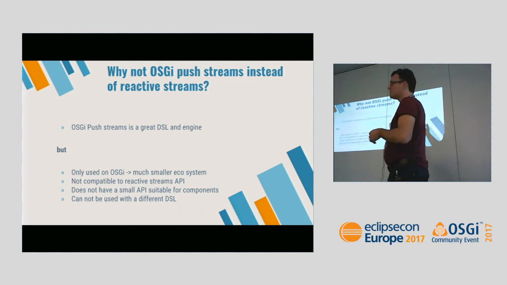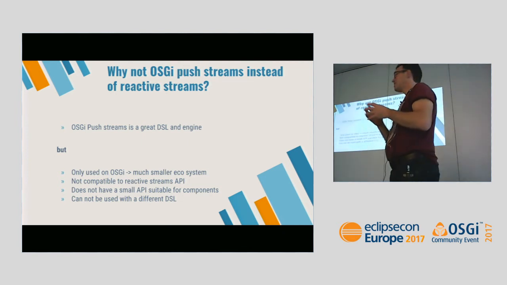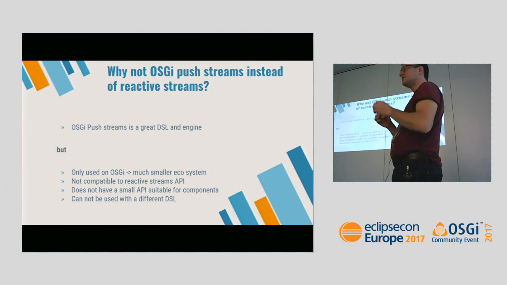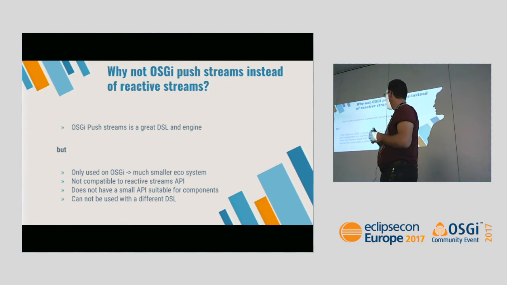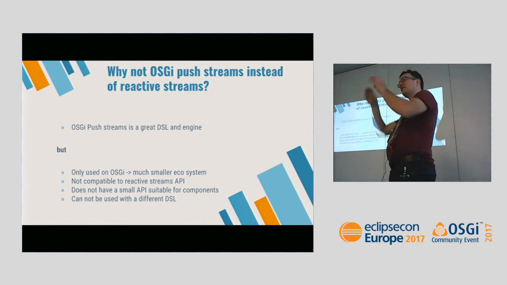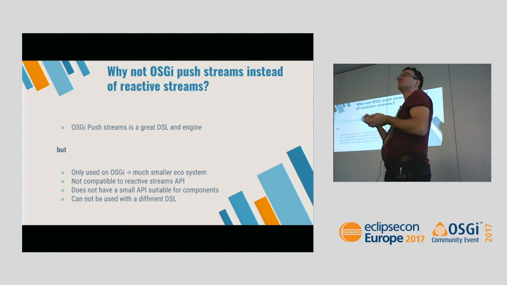And in push streams, it's both together. And I think one thing that could maybe be improved in push streams is to have some small core of it that is like this reactive streams minimal API. You just have the push event consumer and the push event source. Yes, yes. I think they should be separately usable, just as API.